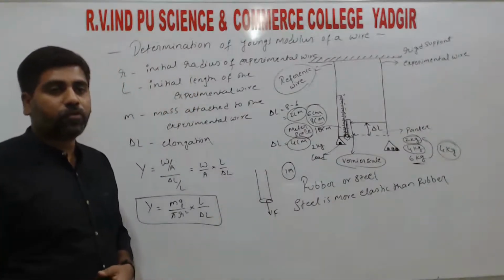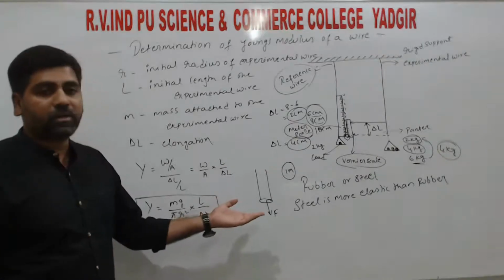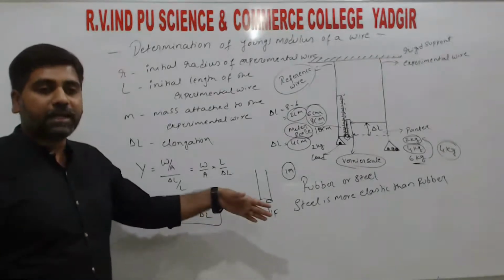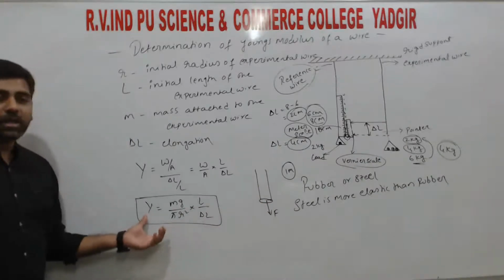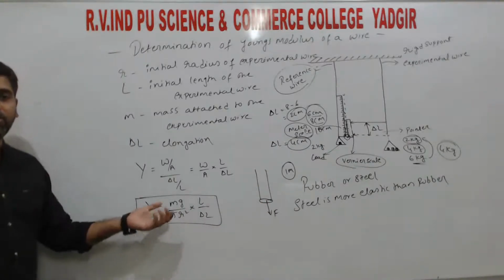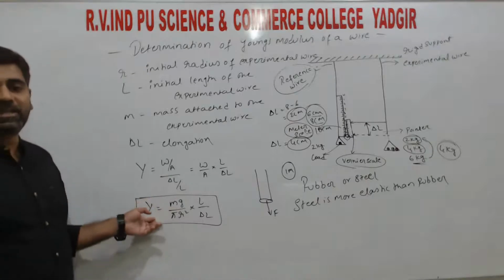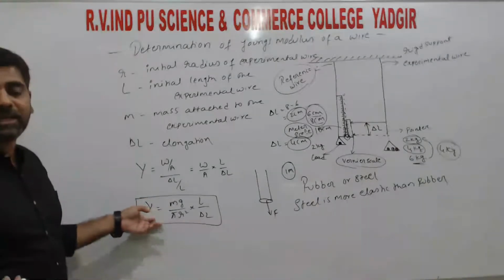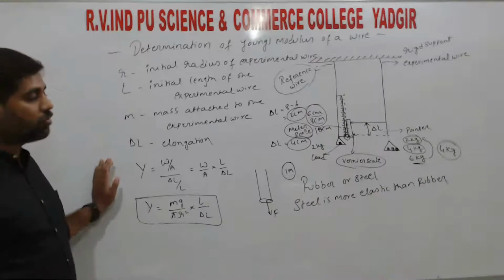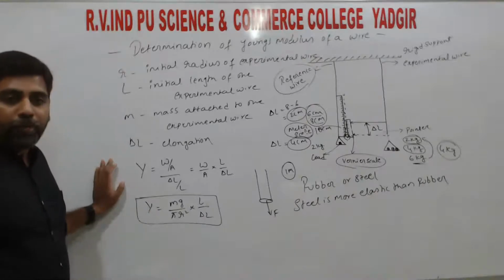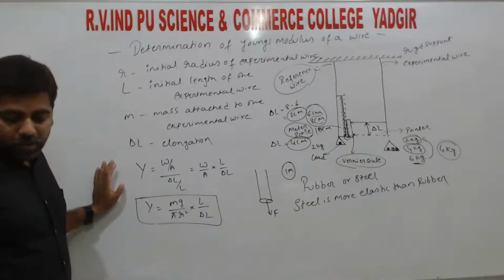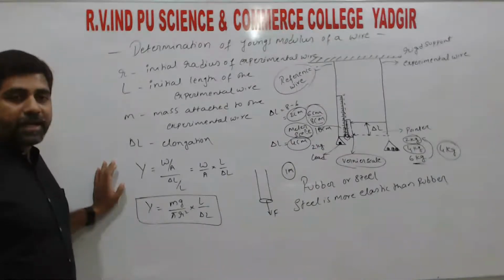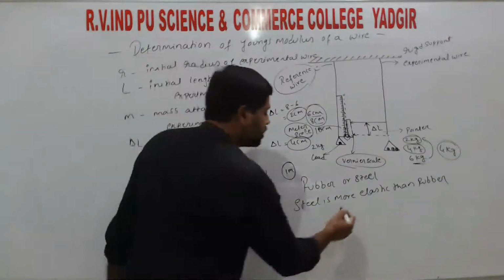So the one with more restoring force, what do we call it? Elastic material, right? In other words, the one with higher Young's modulus, because in the stress strain curve, the one with the higher elastic limit is what we call an elastic material, right? So Young's modulus of steel is highest. So in other words we can write the reason,